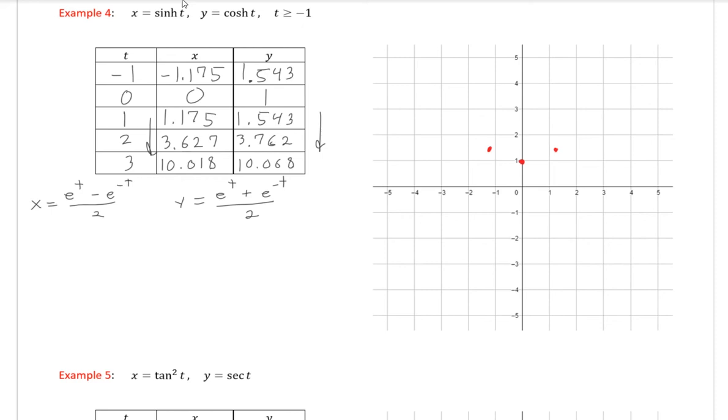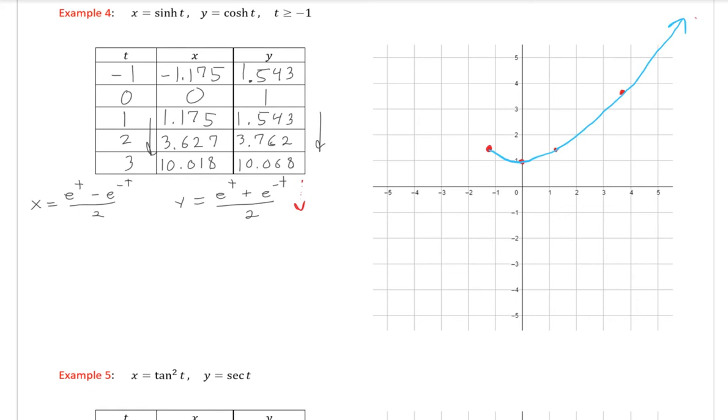3.623 and 3.7, so a little bit more than 3 halves each. Be a little bit further there. Around there. And then I have the point up in 10. And notice that t is greater than negative 1, so that means we're going to continue past in this direction. And so what I'm going to do is start at this initial point and draw my line. I'll do this in blue. Draw my line going through all these points